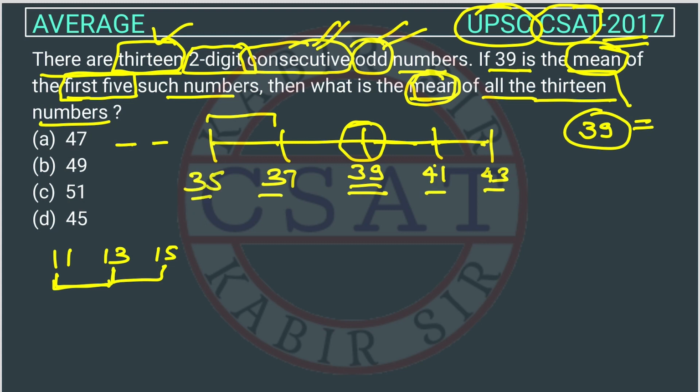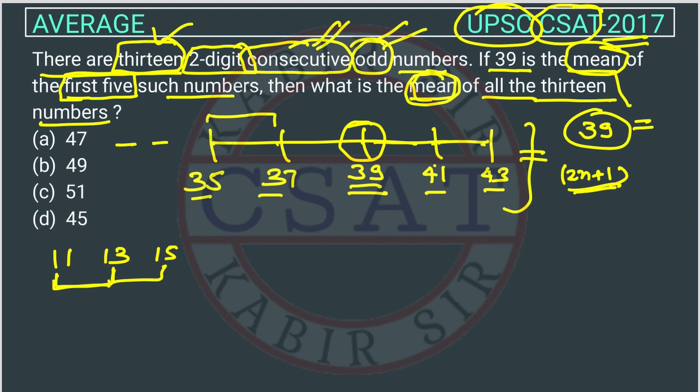Here we have to use our common sense. You can solve this question by assuming the 5 consecutive odd numbers as 2n plus 1, but there is no need to do this. UPSC is not expecting this from us. This is the smartness they are expecting. So now we got the numbers: the series starts from 35, 37, 39.